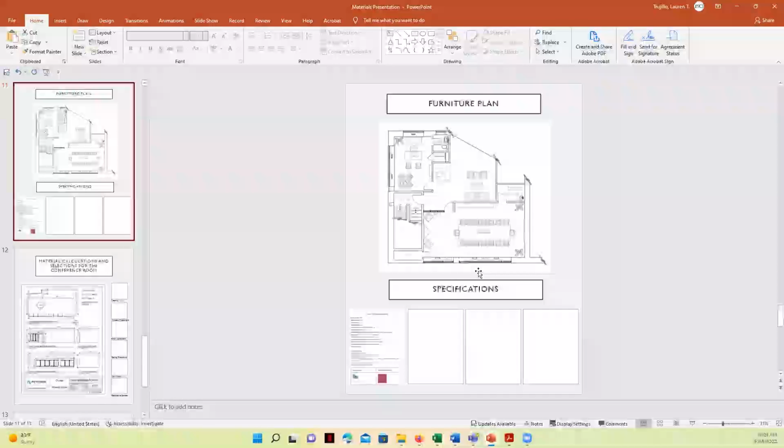And so these furniture plans provide information to the design team along with the specifications that allow them to know where these pieces of furniture are going to go and what they look like. And also, of course, a client can look at this and get information about how these furniture pieces and the materials look as well.